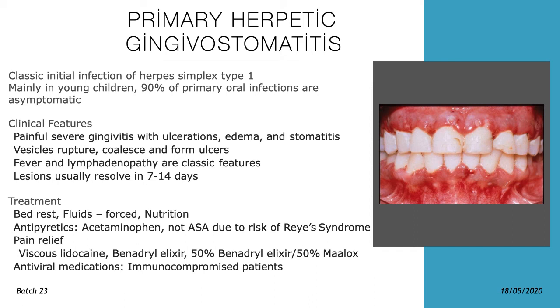So the treatment is palliative treatment. You have to give an antipyretic to relieve pain. That is more than enough. If the patient takes bed rest and proper nutrition, it will result in good healing for the patient. Usually the disease will last only for 7 to 14 days and it resolves by itself. So there is no need of any active therapy in case of primary herpetic gingivostomatitis.